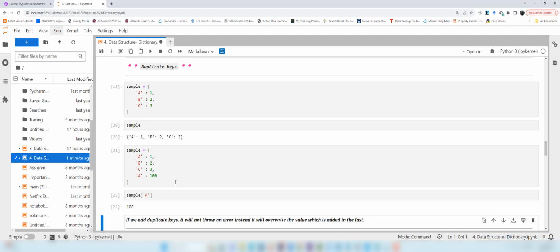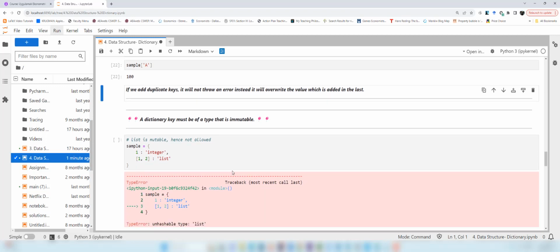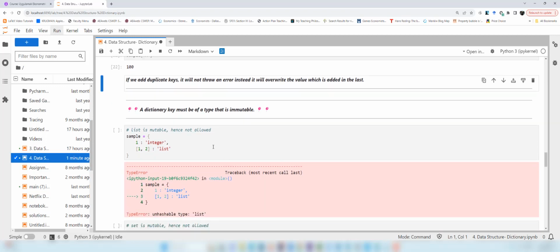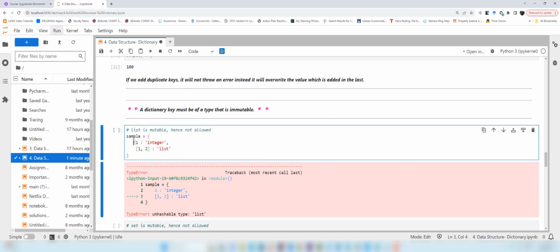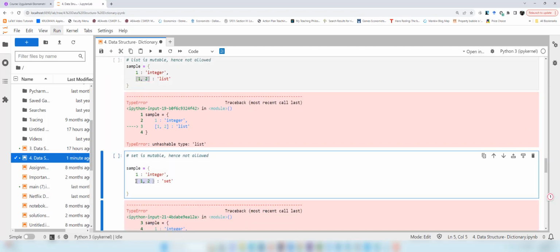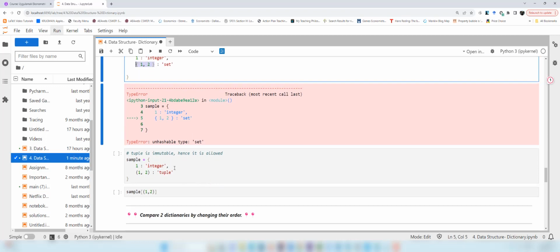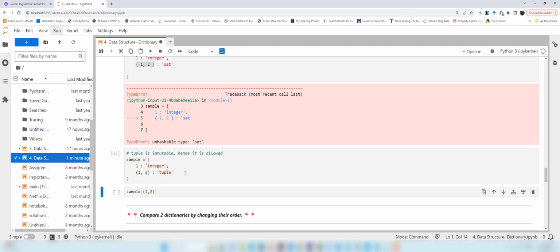The next property of a key is that it should be immutable, or of a type that does not change. So in this case, we are trying to create a dictionary using an integer key, as you see here, 1, and a list. What do you think is going to happen? Remember that a list is mutable. So we are going to get an error because a list is a mutable data structure and the things inside the list can be changed. Let's see with a set: if instead of a list we use a set, the same thing is going to happen because a set is mutable as well. How about a tuple? For a tuple, we will not have any problem if you run this because a tuple, as you remember,